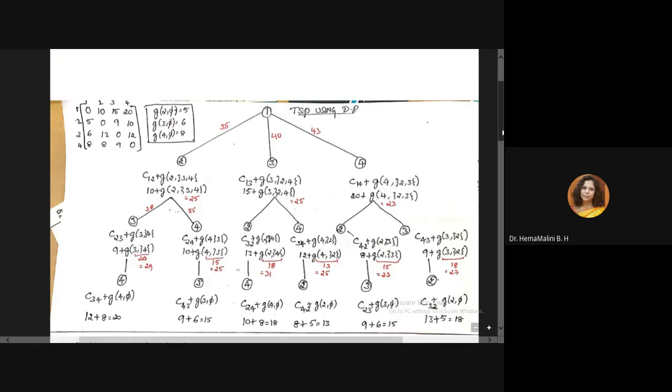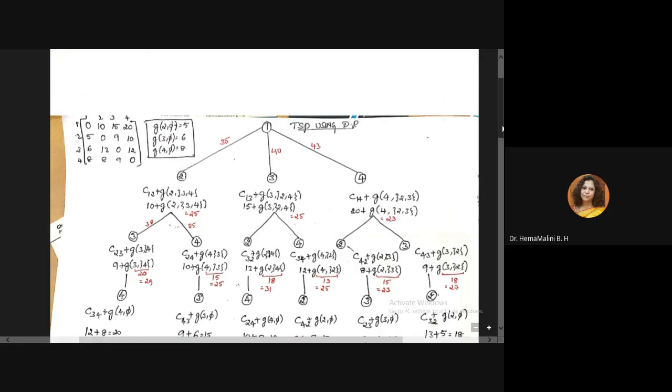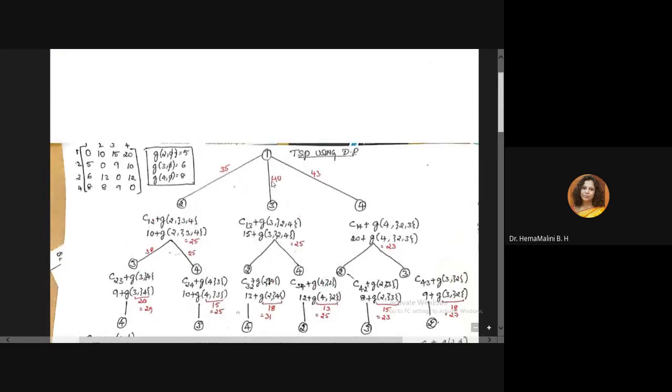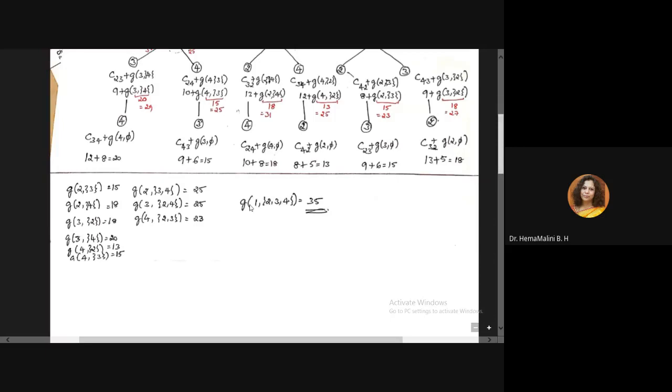Once you see which is the minimum value of 35, 40, 43, the minimum cost is 35. So the value of the root node, that is G of 1 comma 2, 3, 4, is 35.